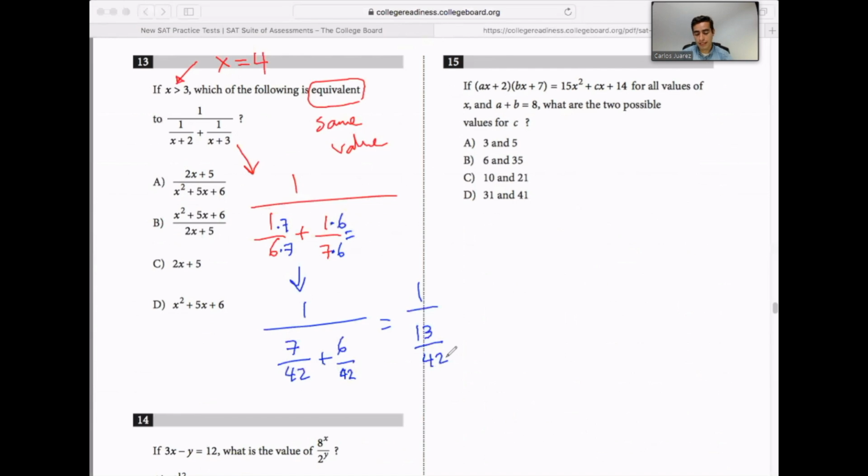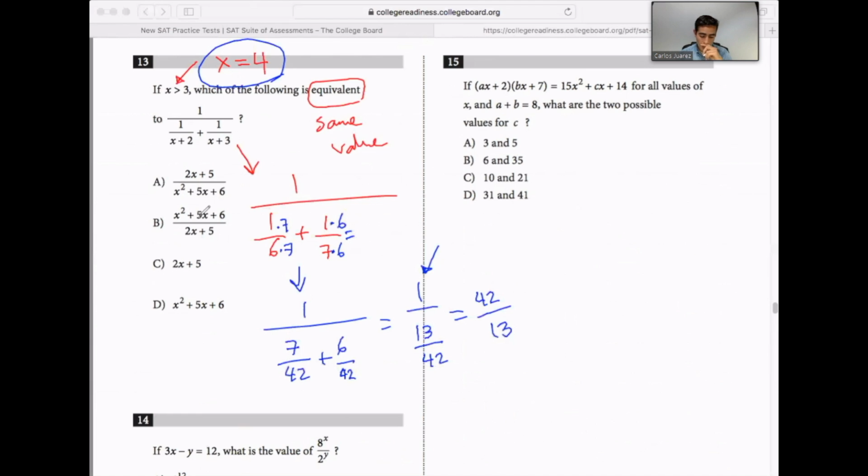Now obviously if you have a 1 on the top, all that they're asking you to do is to give me the reciprocal. So if you go ahead and do that, that will give us 42 over 13. Now, all that we have to do is plug in, because remember, we're looking for the one that is equivalent. We're going to plug in 4 into our answer choices to find the one that will give us the exact